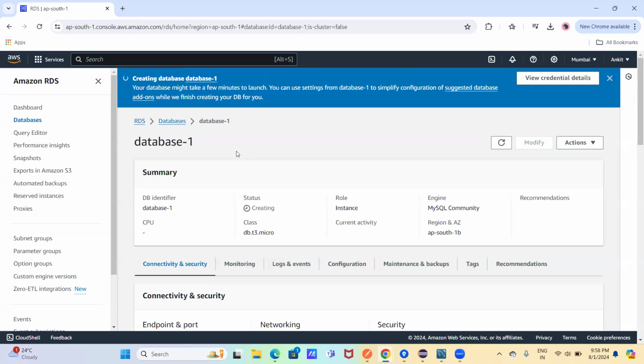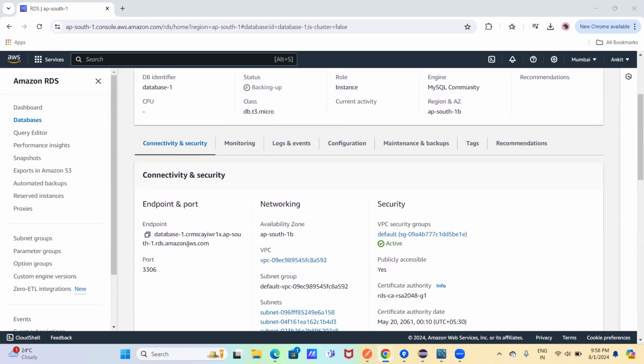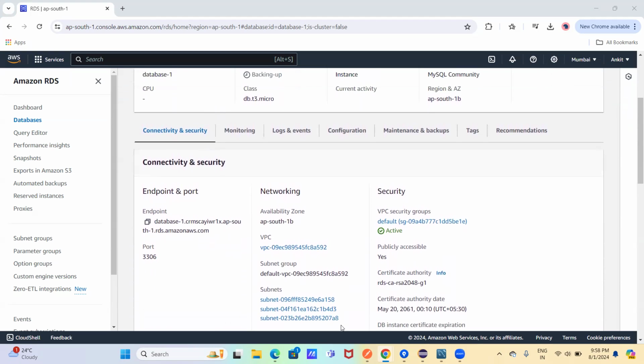Okay, before that, it will take some time. Yeah, so here you can see it successfully created database one. Now here you can see the endpoint, database hyphen one, something like that, and our port is 3306. So what we need to do,